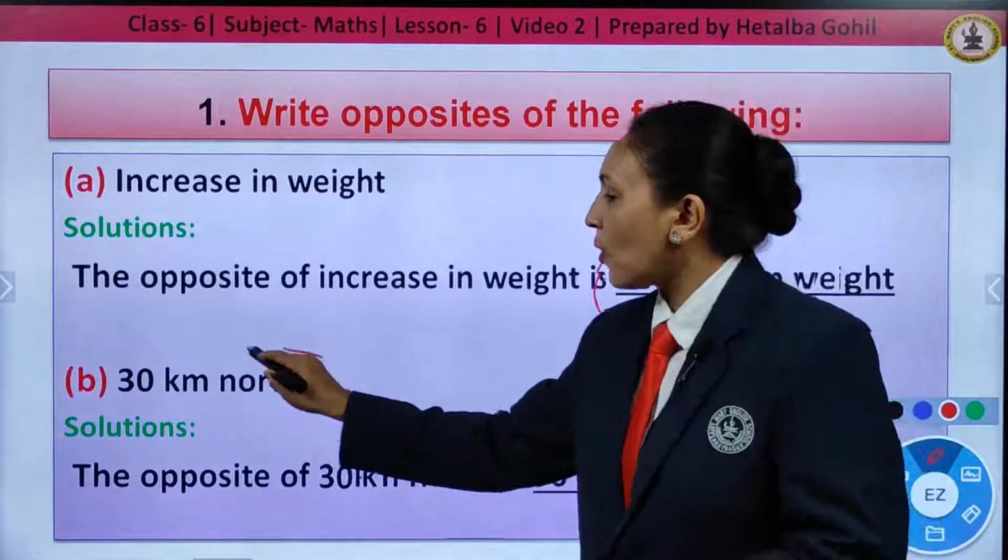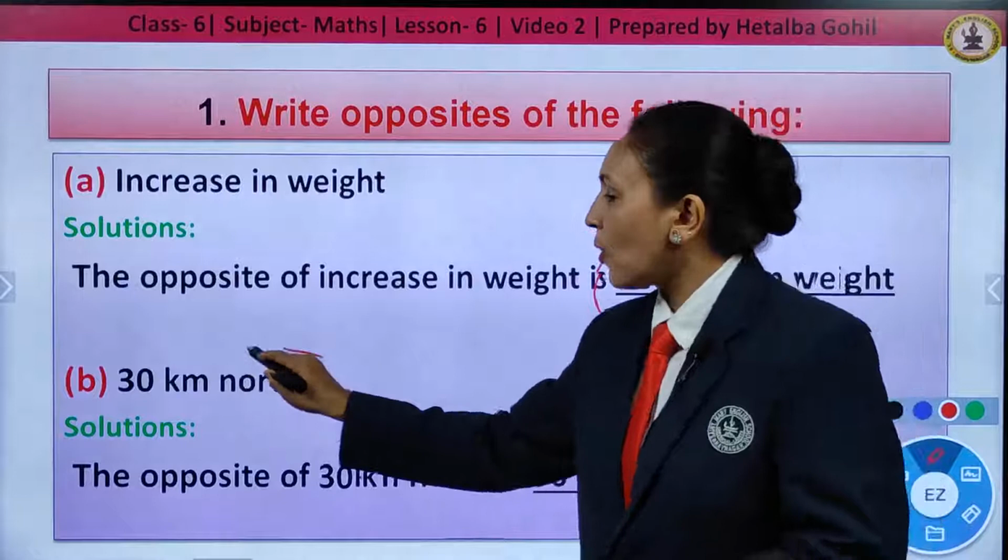Now arrange all the points in decreasing order of value. Okay, so you have to mark all the points from the decreasing value. You have to see the numbers marked on the alphabets, and you have to arrange those alphabets in the decreasing order. So what will be the order there, children? Okay, the first will be D, then C, B, A, O, H, G, F and E. So when you see the values of the points, you have to arrange them in a decreasing order.